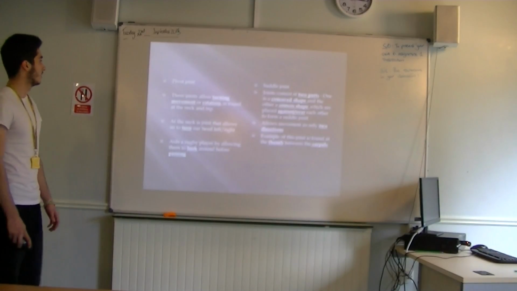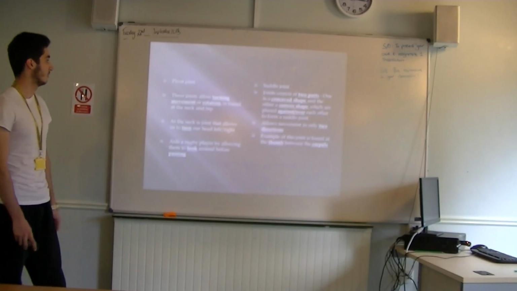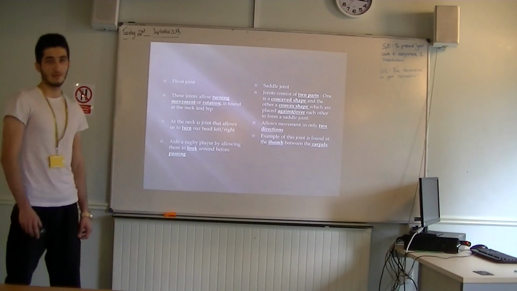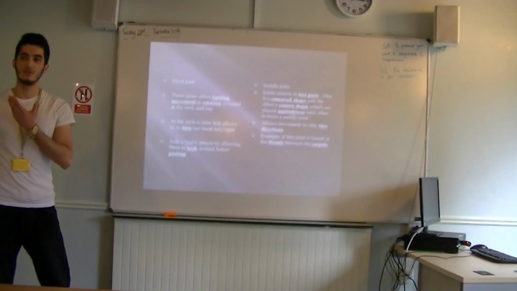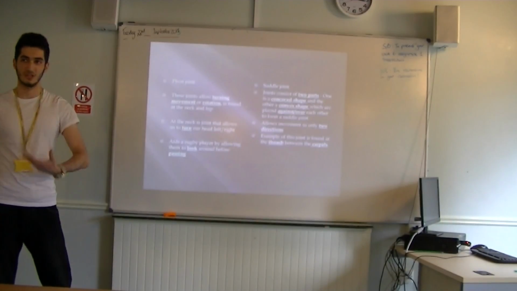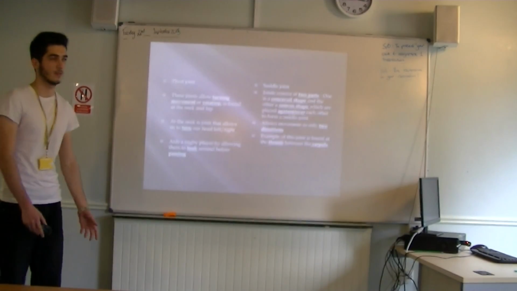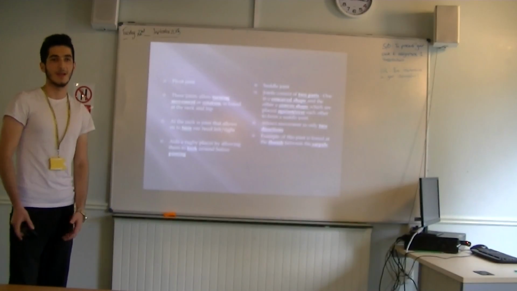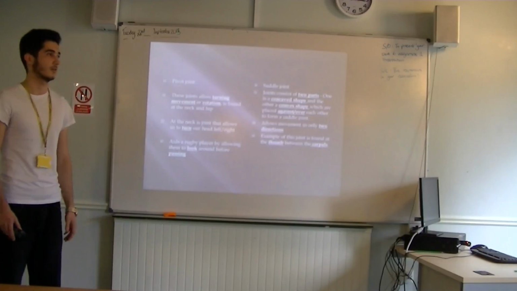The pivot joint allows turning movement or rotation, and is found at the neck and the hip. Without this, the players would not be able to move their head around to check where their teammates are, and this helps them figure out where the other teammates are, so they can know where to throw the